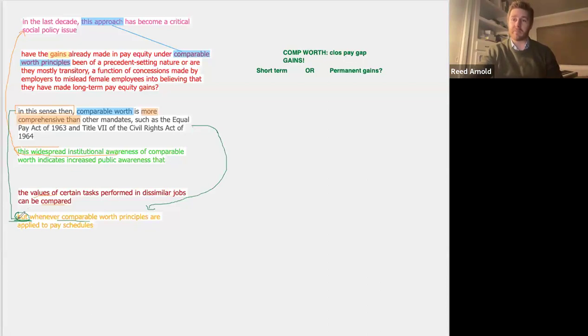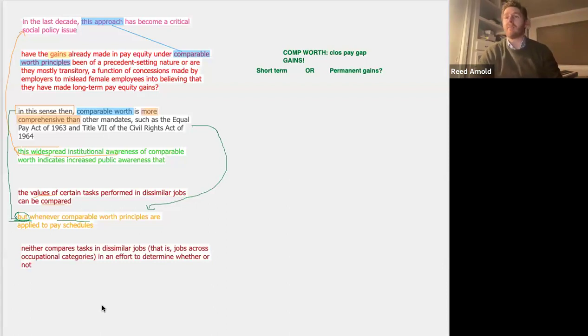So you might notice that I'm using within clauses, even smaller chunks of words, to make connections. That's where we're going next, right? Right now I'm giving you full clauses. You can even break this down more, but we'll get there in a little bit. Let's take a look at the next chunk. Neither compares tasks in dissimilar jobs. That is, jobs across occupational categories in an effort to determine whether or not